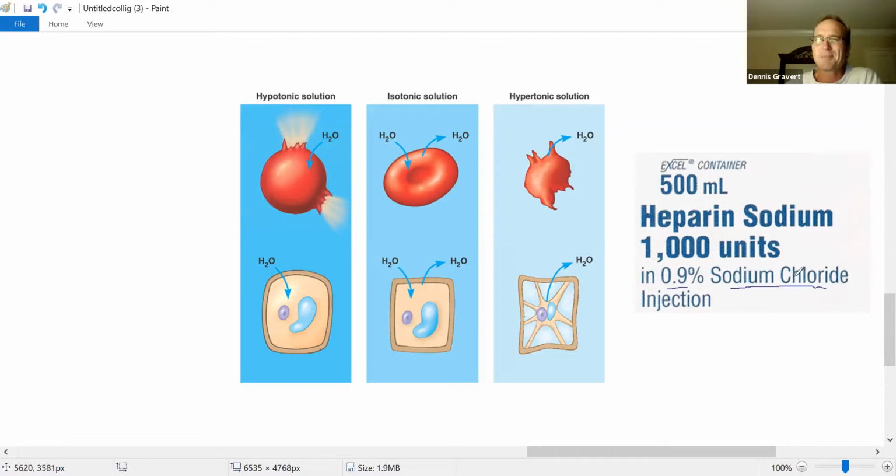Sodium chloride, that's not a medicine, that's just table salt. What's that doing here? It's increasing the number of particles in the solution. It's trying to keep osmosis from doing some damage. So here's the idea. If you go into the bloodstream, that's a red blood cell, you got the blood here,